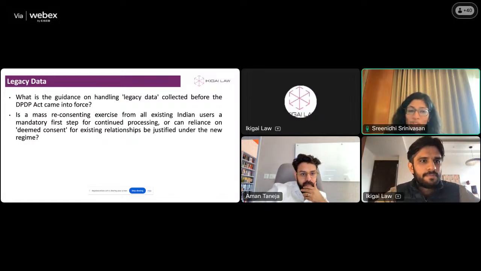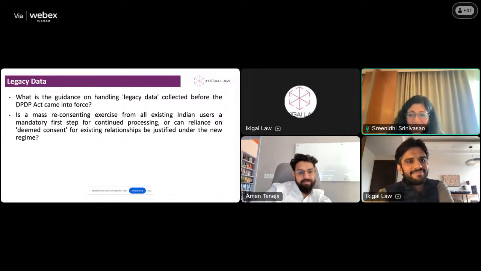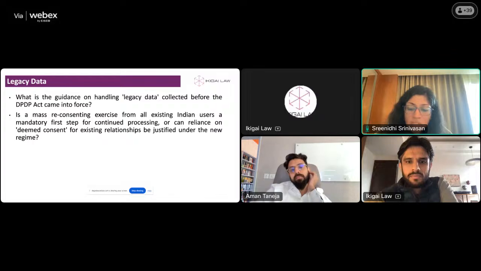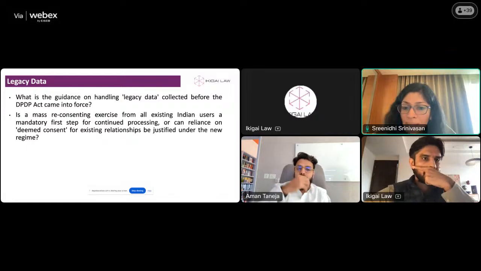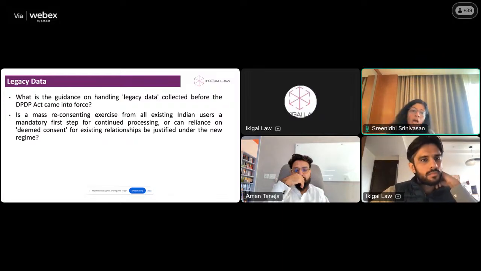Yeah. So I think this is a provision that, as a user, I'm excited about. I'm excited to see where all my data resides across different platforms and companies. But what the law requires you to do is not fresh consent. If you have already taken consent in the past for processing, once the law kicks in, you must issue a fresh notice to individuals. So even if it is not taking fresh consent, it does mean sending out notices informing them that, hey, your data is with me, which allows the user to then object and say don't continue to retain. But it is not fresh consent.